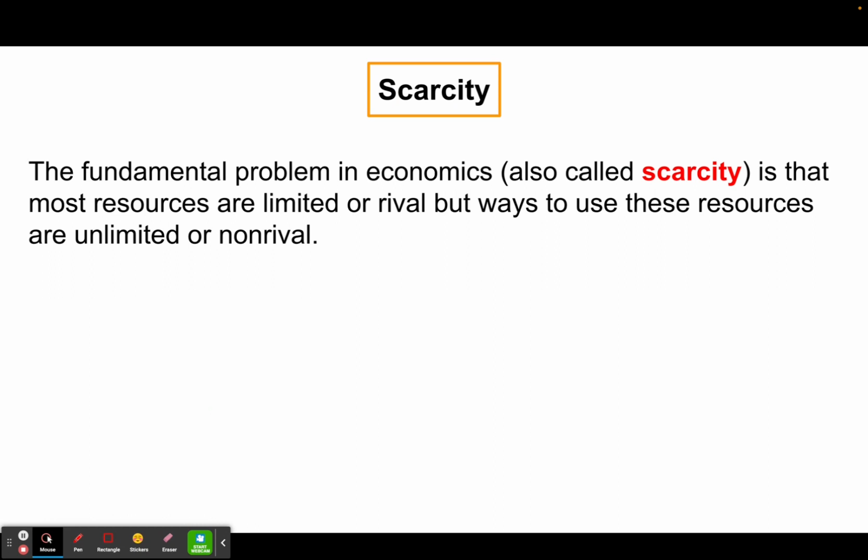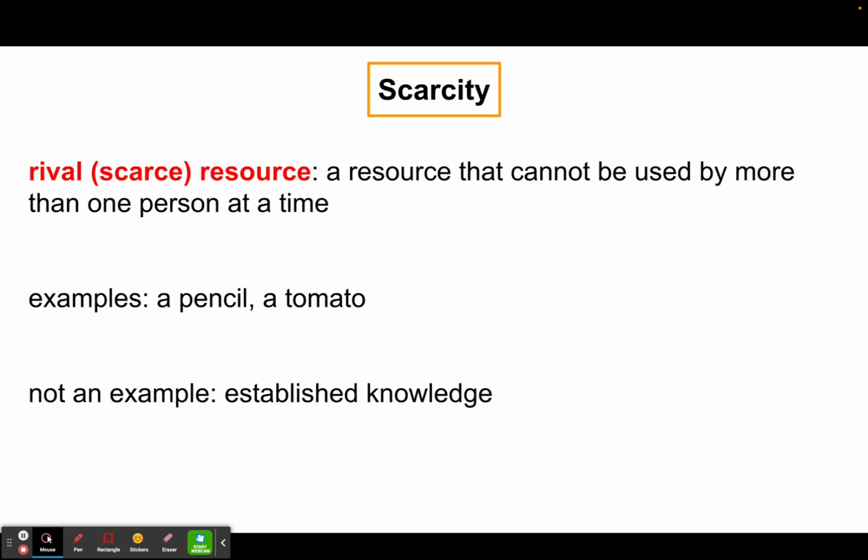It forces us to make choices on how to use so many of the resources that we see around us every single day. And most of these resources that are around us are called rival or scarce resources. And a rival resource is one that cannot be used by more than one person at a time. So, for example, take a pencil, right? A pencil can be a